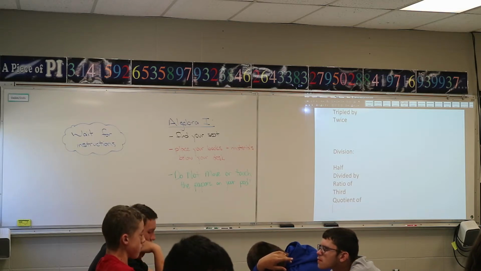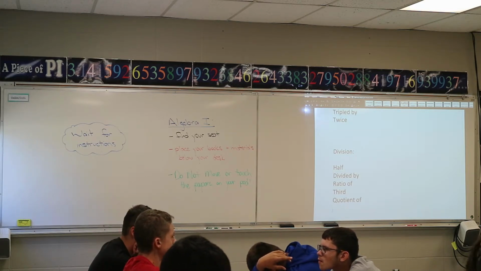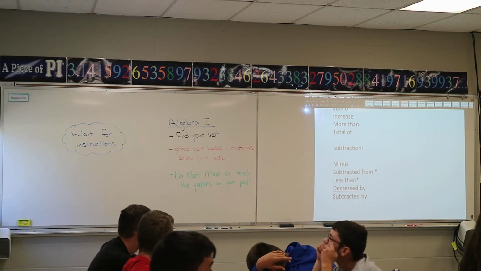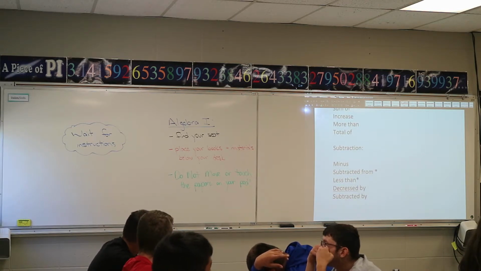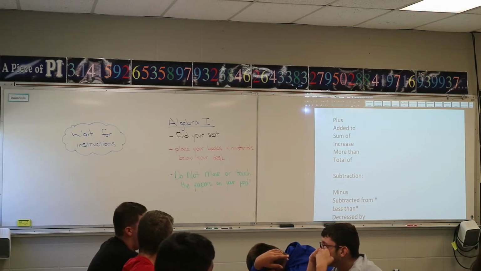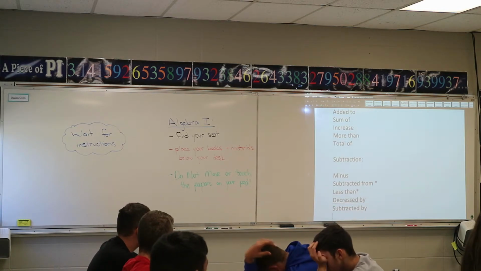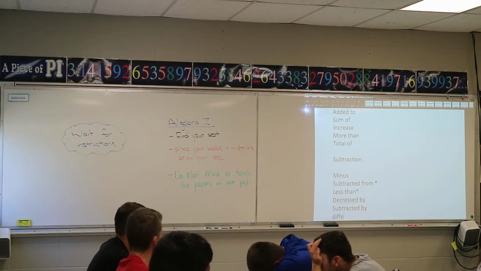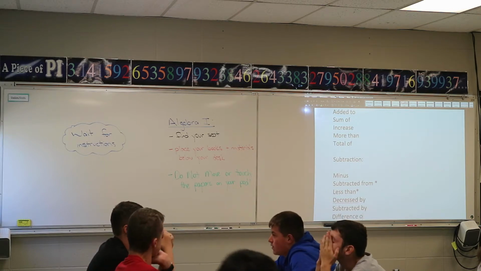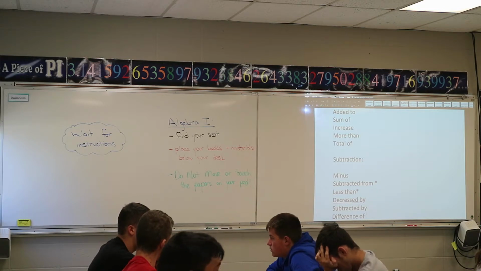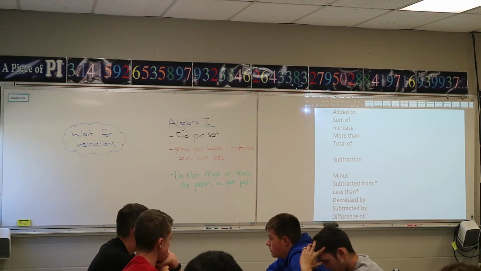Okay, is there any others from that list? Other than, we forgot difference of, correct? Angel, if you want to scroll back up, go back up to subtraction. Scroll down a little bit. In that list, right below subtracted by, put difference of. I knew we forgot one. So it's going to go right in that list. Difference of is subtraction. You're finding the difference of two numbers. The difference in ages, technically you're subtracting. Okay. Anything else that we have forgotten? Any words you had off to the side you're like, I had no idea about that word? Maybe you still